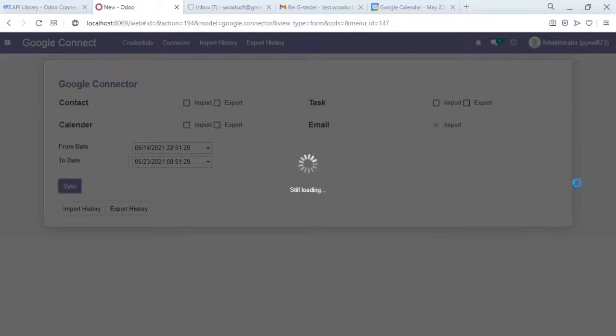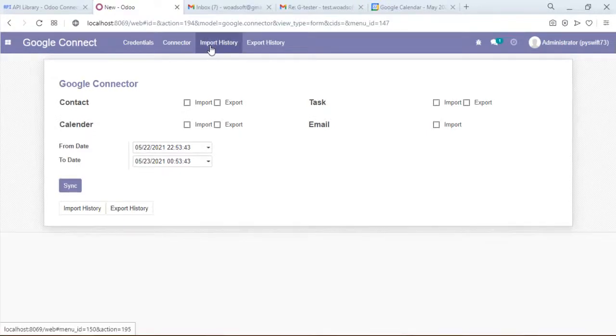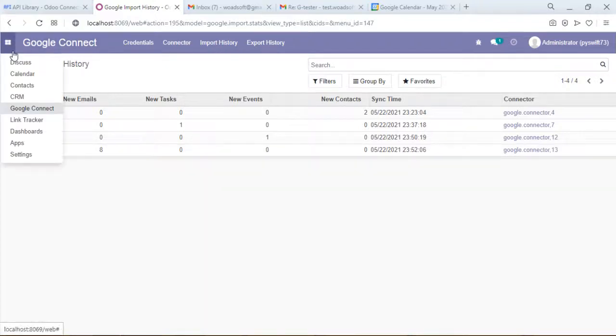While importing the emails, whenever an email is imported in Odoo, there is a search algorithm working that will create a contact automatically if the email does not exist. And here the emails are imported successfully. From the import history, as you can see, 8 emails are imported successfully according to the time frame limit. And we can check from the contacts,